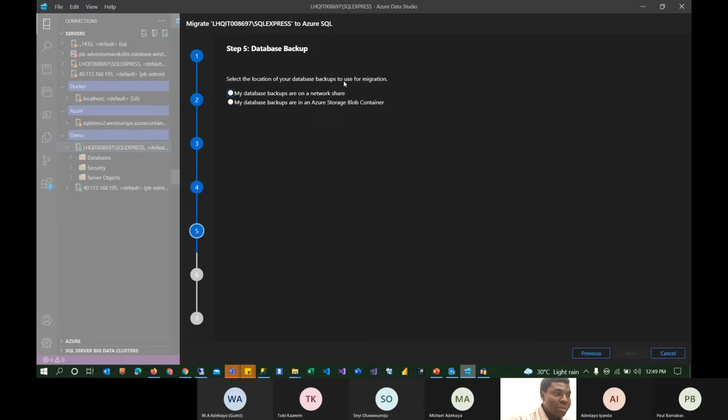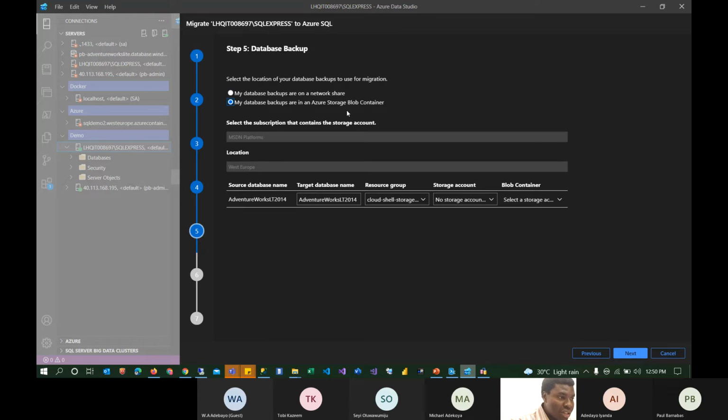Select the location of your database backup. So you need to have provisioned a blob storage where your backup can be kept. You would have done a backup of that local instance or that local database, created a blob storage in Azure, and kept that backup there for reference purposes. Okay, so I'm going to select the usage of an Azure blob container. You can also make use of a network share, but we are sticking with the use of Azure storage